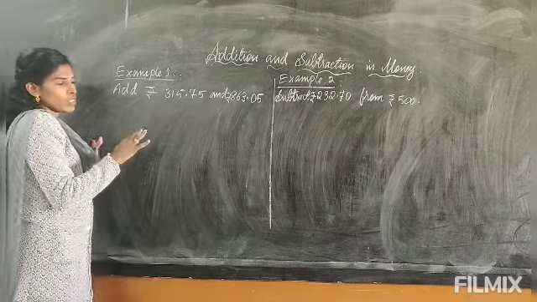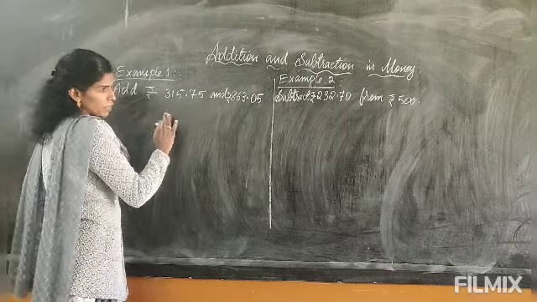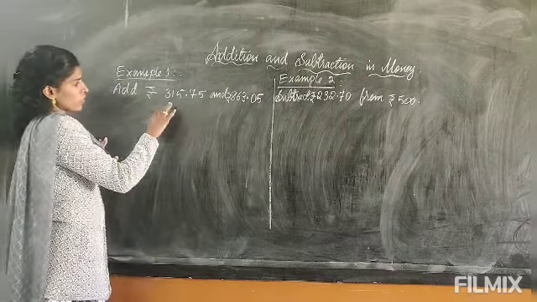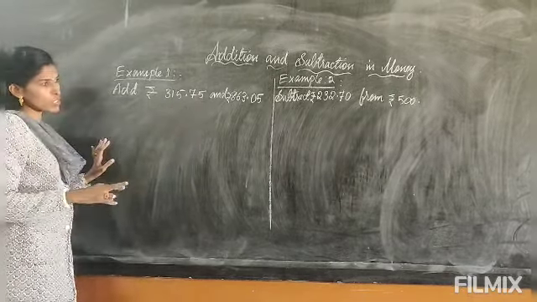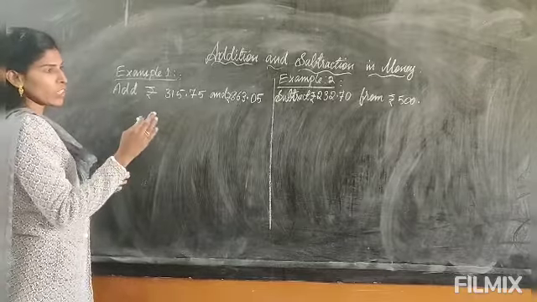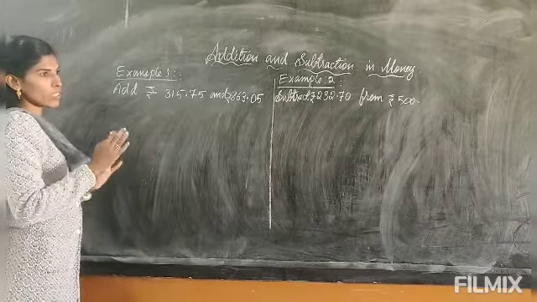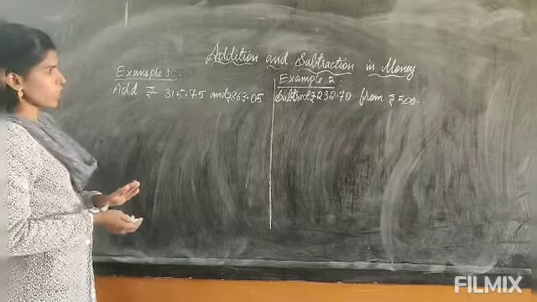First we arrange the rupees and paise in separate columns, and the paise should always have 2 digits. The paise should always have 2 digits. If any digit is missing, you can put 0 in that place so that it will be easy for you to add or subtract.